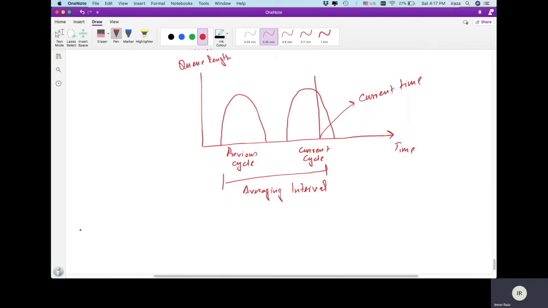So this means, as is also evident from this diagram, the average queue length is measured over an interval that spans